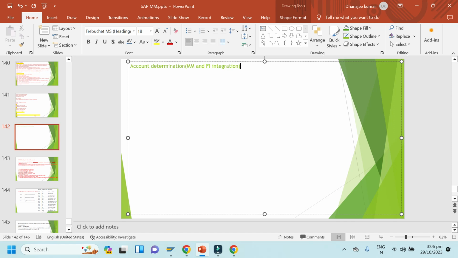Okay, so it is used to determine GL account for automatically posting material values at GR or GI. So we have two types of account determination. I'm typing in short, types of account determination.